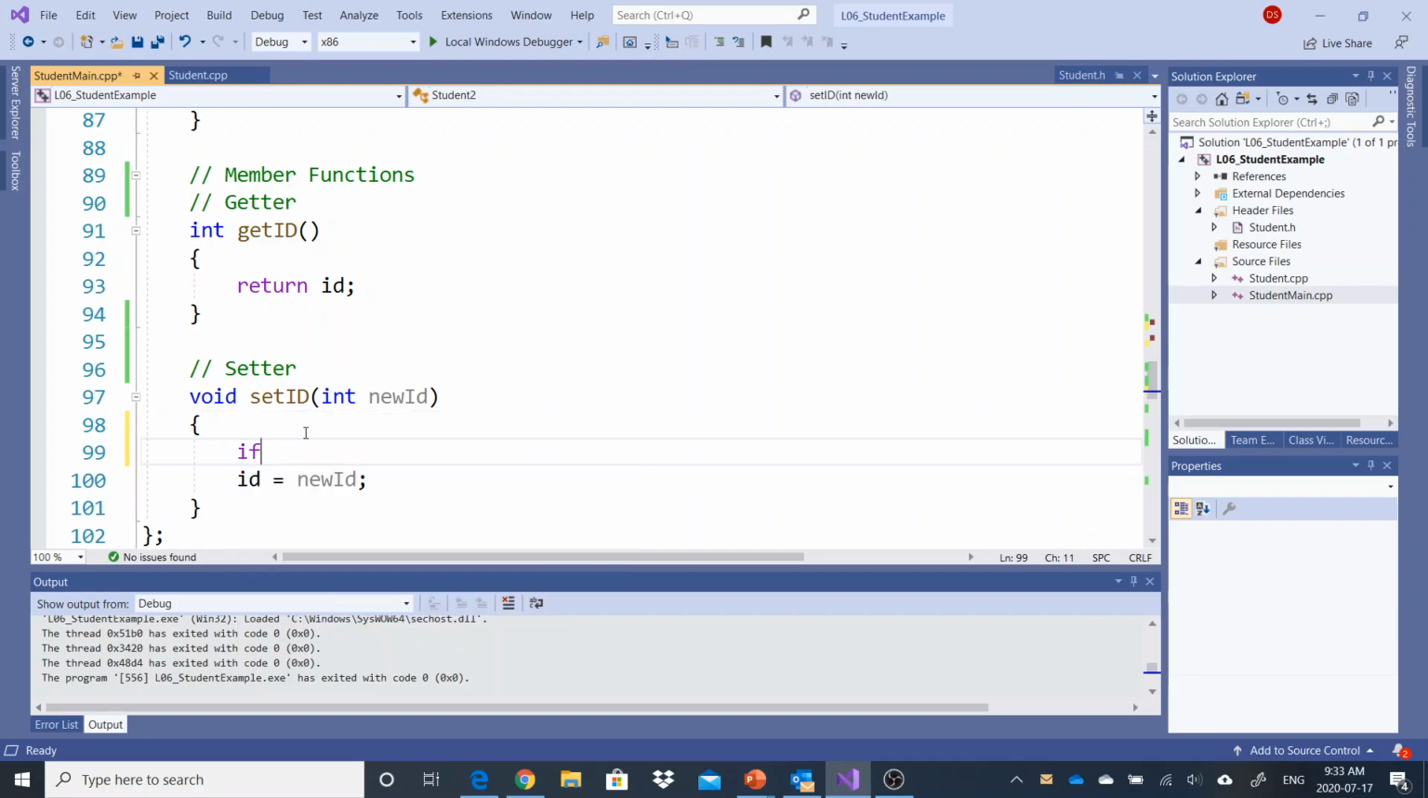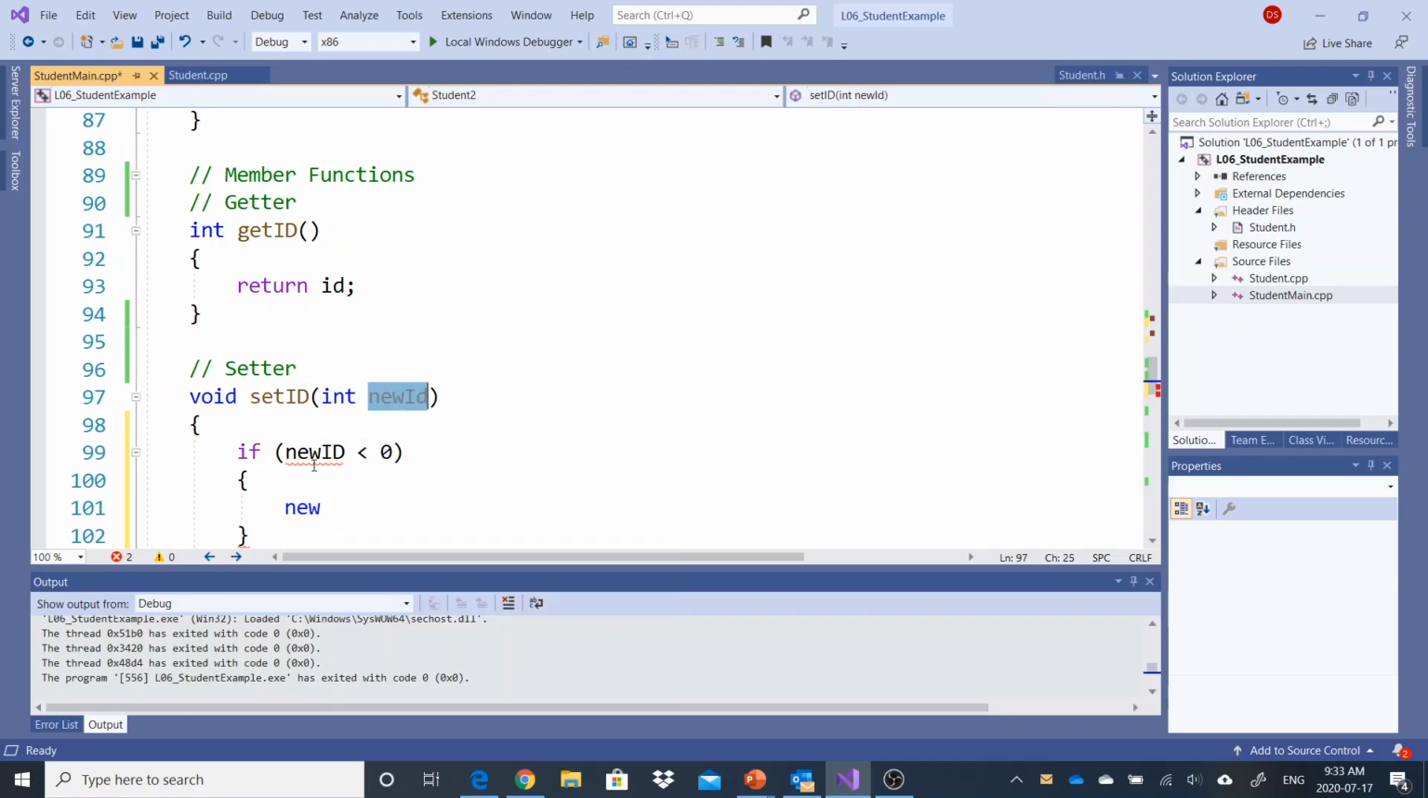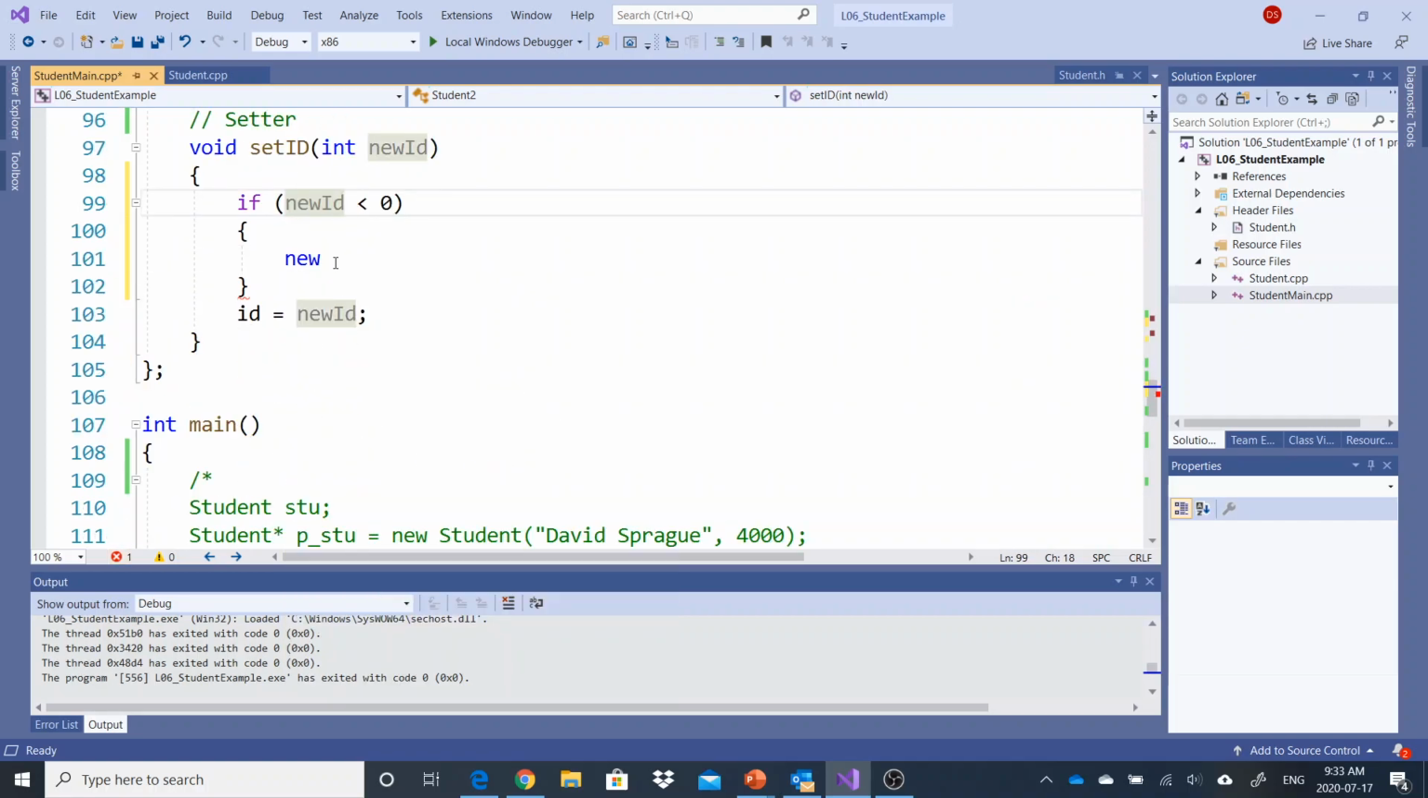Okay. If new ID is less than 0, I don't want new IDs. Then I'm going to set my ID. I'm not going to change anything at all. Let's do this. If it's greater than 0, ID is equal to new ID, and otherwise ID is equal to 0. So if you give me a negative ID, it'll set it to 0. Or maybe we'll set it to